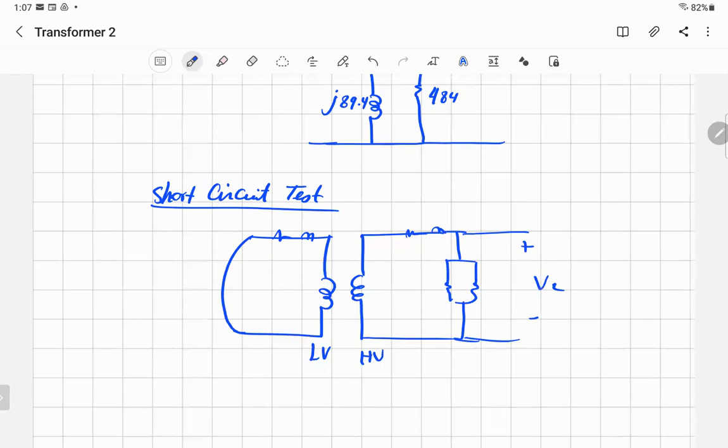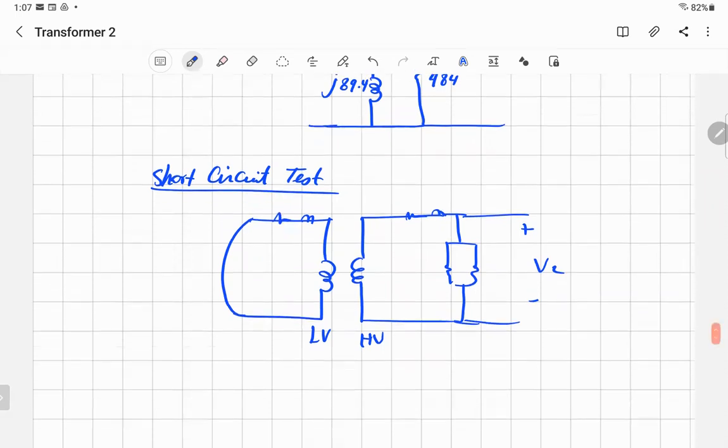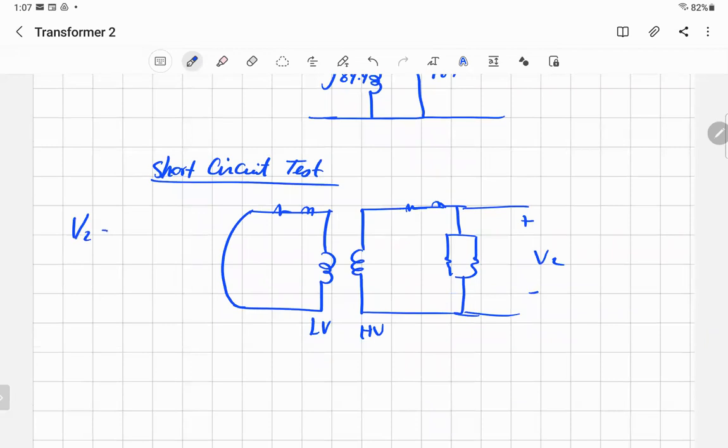So when you put the instruments on this side, on the high voltage side, you are going to measure voltage, current, power. Same thing. The measurement when you did the test, it was 150 volts, 4.55 amps, 215 watts. The measurement of V2 and I2 and P2 will help you to get the value of R2 or equivalent,